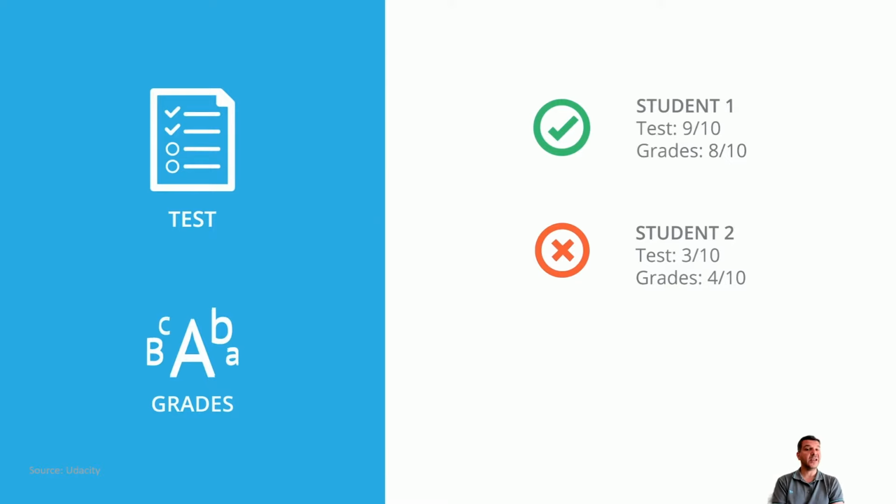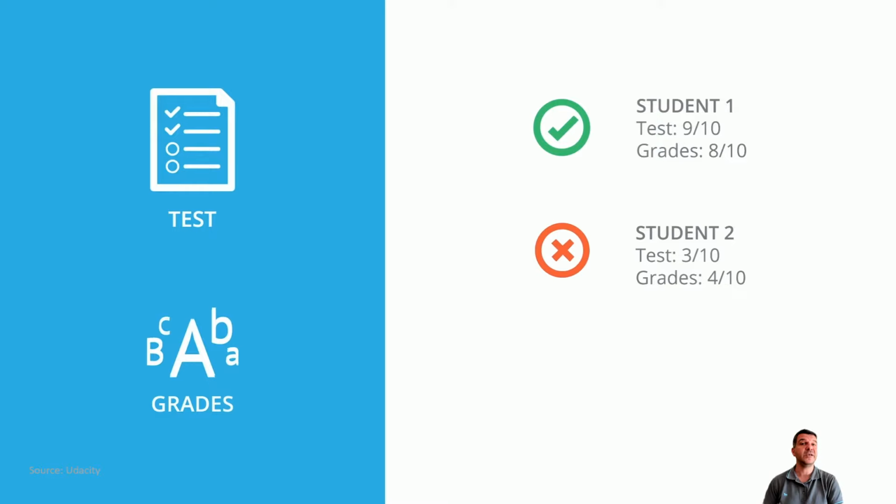Now, this is labeled data because other than being given the test and the grade scores, we are also given the answer of who got accepted and who got rejected. And that's what we do with supervised learning. We provide a label to the data, and then when we are given data without a label, we try to predict what